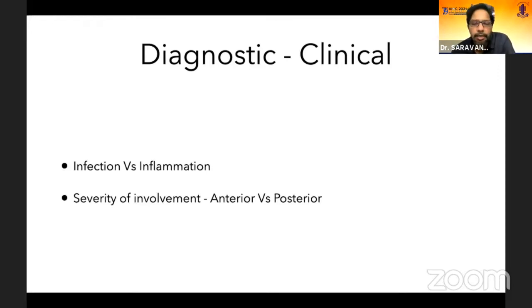Sometimes you may have a totally occluded pupil because of fibrin and all those things in the anterior chamber, and the pupil is occluded, but the vitreous cavity can be totally clear, so it becomes a little bit easier to manage. In these cases, to assess the posterior segment, you may have to do an ultrasound B scan examination to look at the posterior segment and decide how much is involved and what is the best way to go ahead.